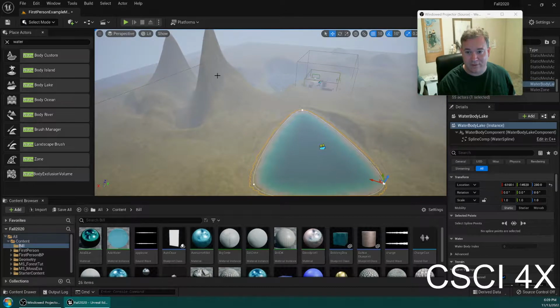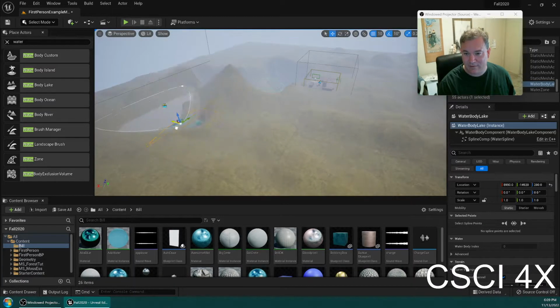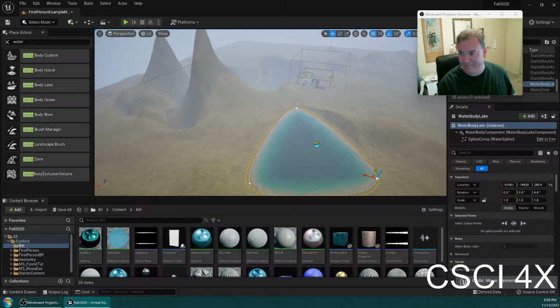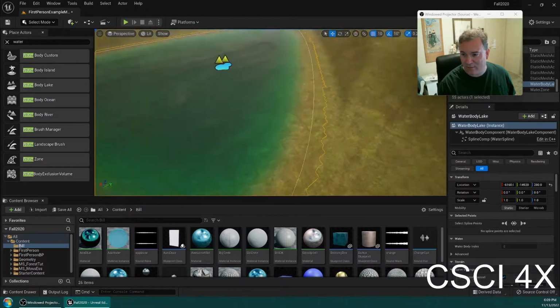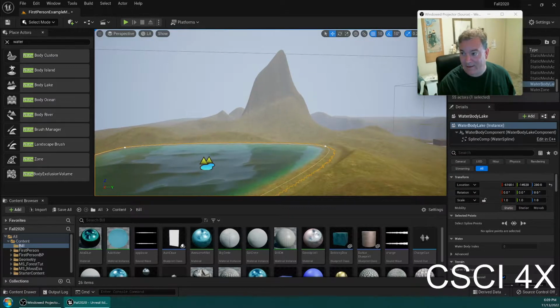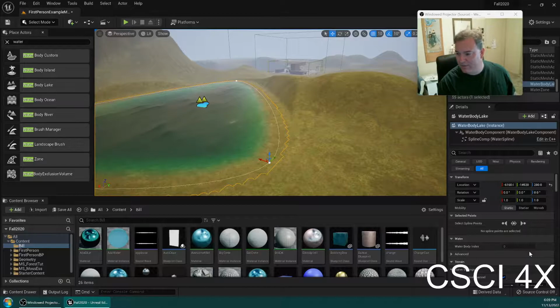It'll also cut into your mountains and things like that. We've got a mountain over there, and you can see it just obliterates the mountain, right? So you have to keep your water away from big land masses like that. You can also edit